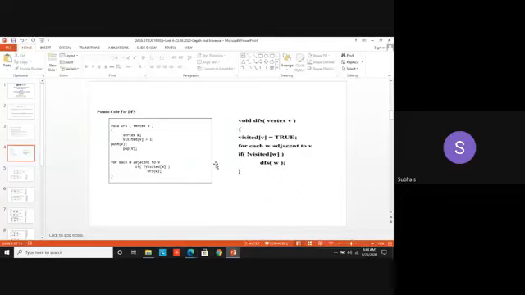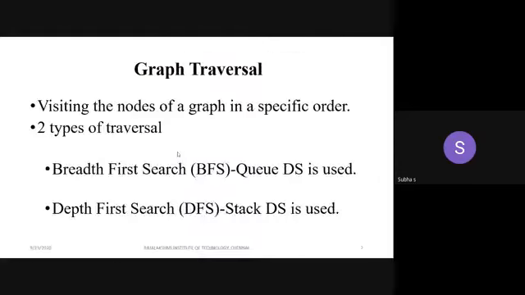So in DFS, initially we start from any one vertex. We make that vertex visited, 1. Then push V, where you are pushing the vertex onto the stack. Then you have to find the adjacent vertex. Before finding the adjacent vertex, you are popping that particular vertex. These are the two things that are given.